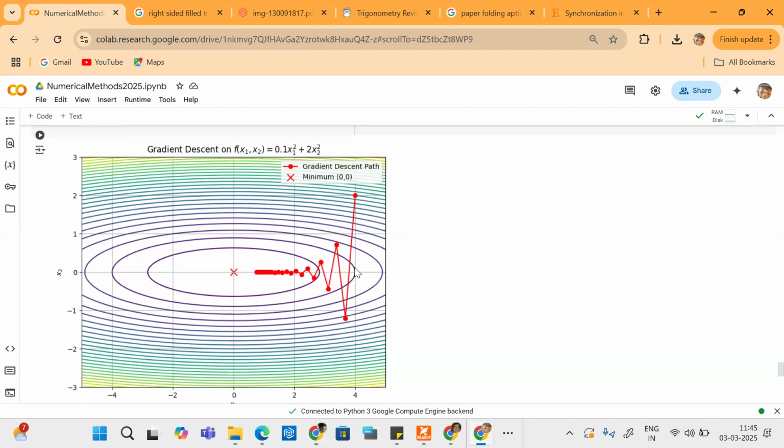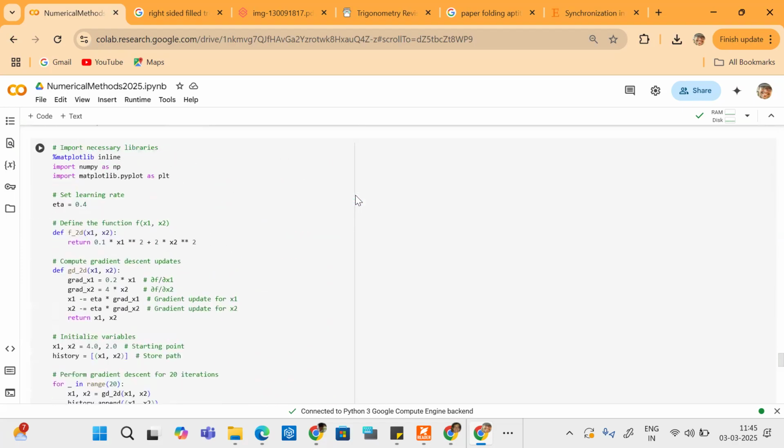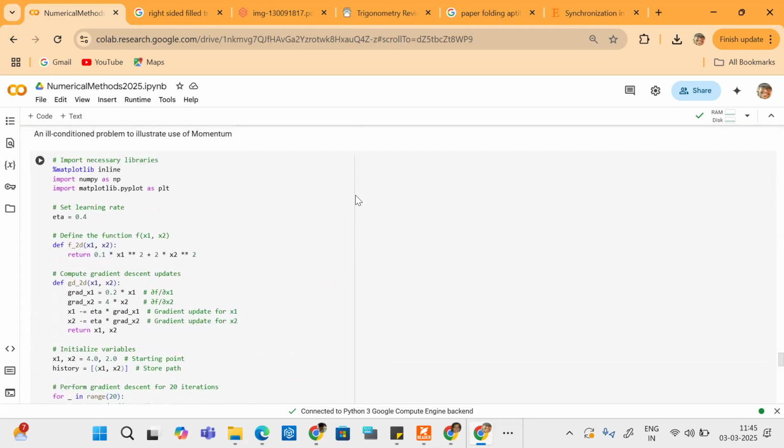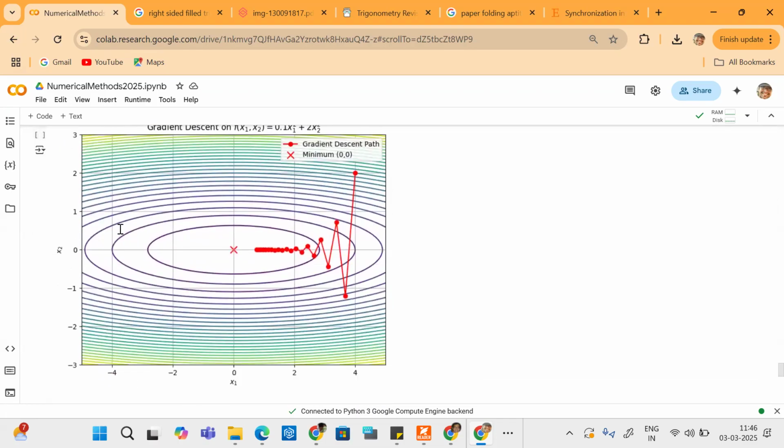Now you can see that I have started from this point as the initial condition. Let me check the initial condition. Yes, you can see the learning rate is 0.4. We are defining the function. This is the gradient, and this is how the learning rate is multiplied with the gradient for the normal gradient descent method. And we are initializing the variables: x1 is 4, x2 is 2. We are starting from here, then normal gradient descent,